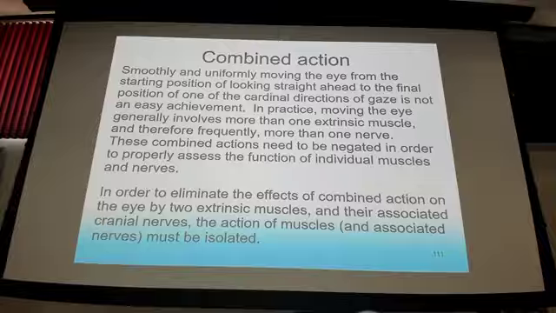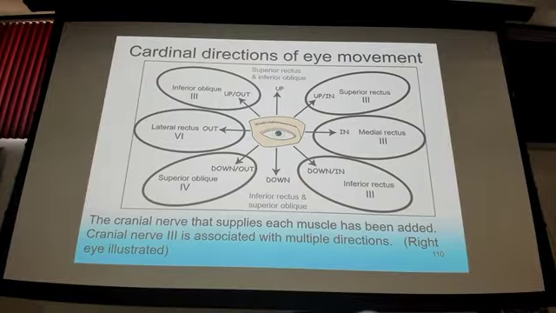Every time we talk about anatomy, right, we're saying, well, here's the eye, and we're starting from a position of looking straight ahead. In anatomy, if I say, well, what muscle is responsible? If I'm looking at this right eye, and my eye is looking straight, like I'm looking at a Snellen chart, and I said, well, what muscle would be responsible for moving it to the up and out quadrant? Right? We would say inferior oblique, right? And that would be cranial nerve 3. So that's going to change because